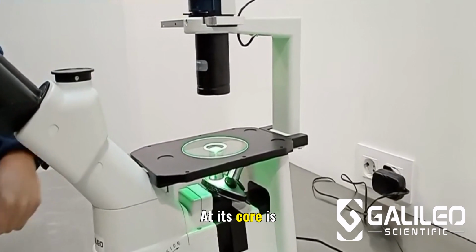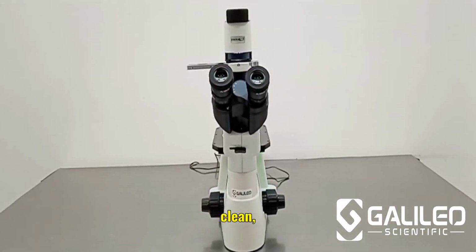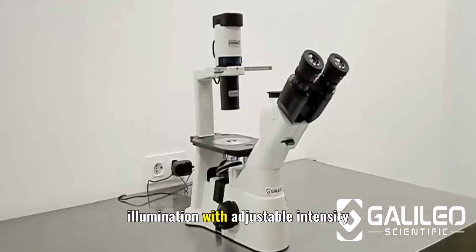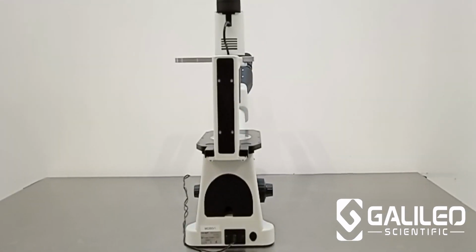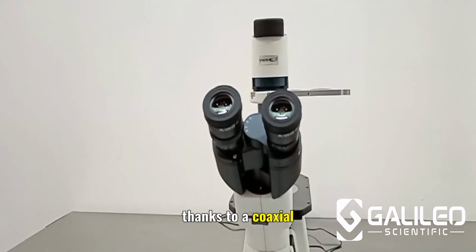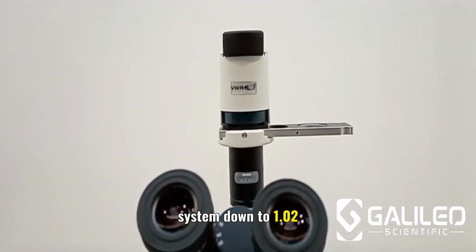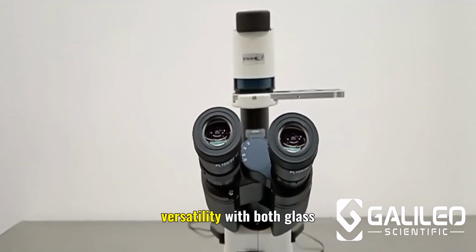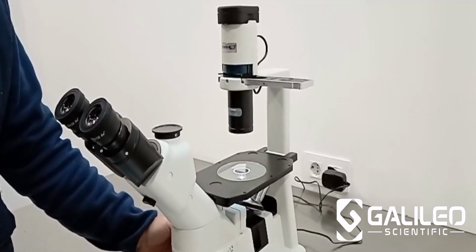At its core is an energy-efficient 8W white LED, producing clean 6300K daylight-balanced illumination, with adjustable intensity and a lifespan of 50,000 hours. Your fine focus work is smooth and precise, thanks to a coaxial coarse and fine focusing system down to 1.02 millimeters. The fixed stage offers versatility with both glass and metal inserts, while the quintuple nosepiece glides